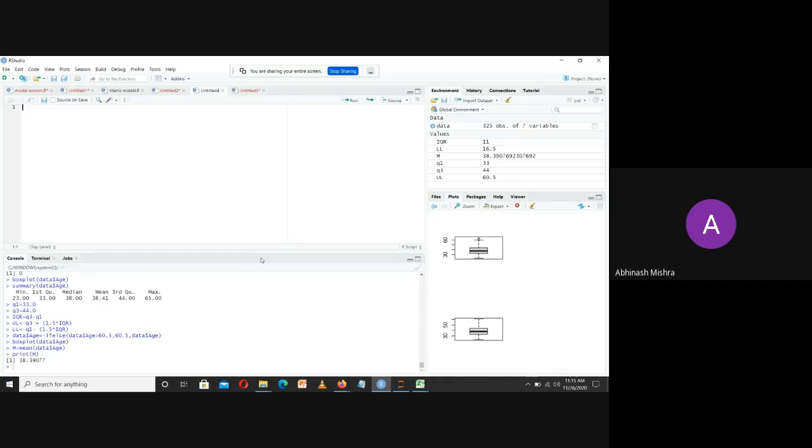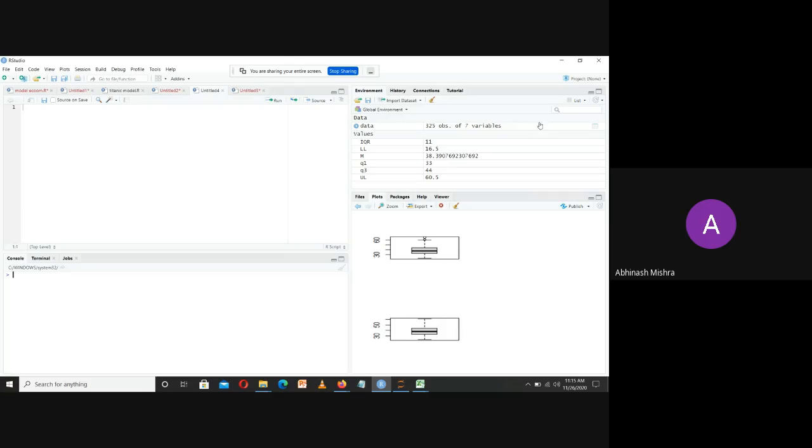When you open RStudio, the first window will be something like this. So just let me clean all the stuff. Okay, now this is the window you will be looking at. This will be the window in front of your screen when you open RStudio. Now, there are four windows in this. Can you see window number one on my leftmost corner top? This is window one. At the bottom, it's called the console.